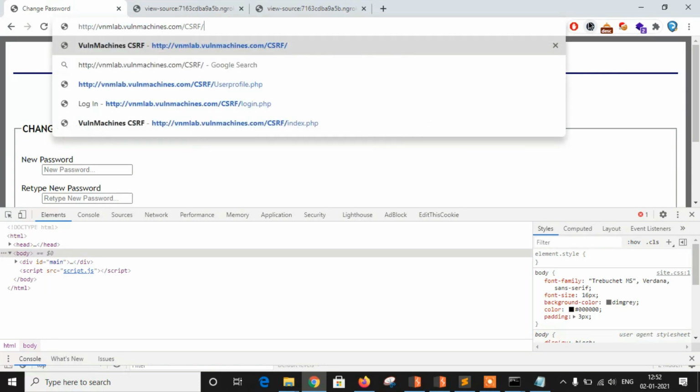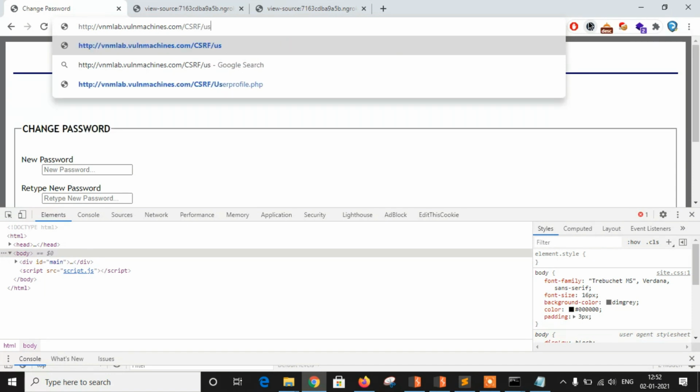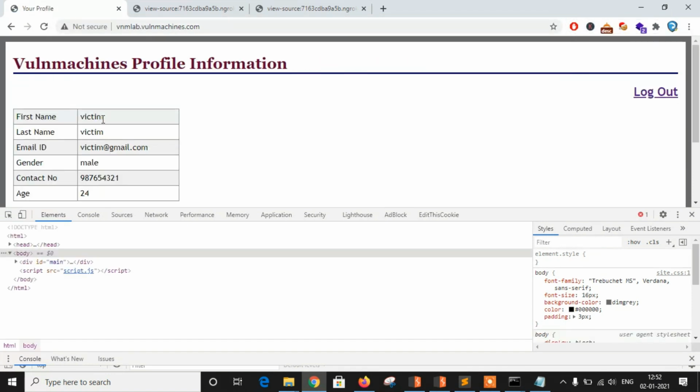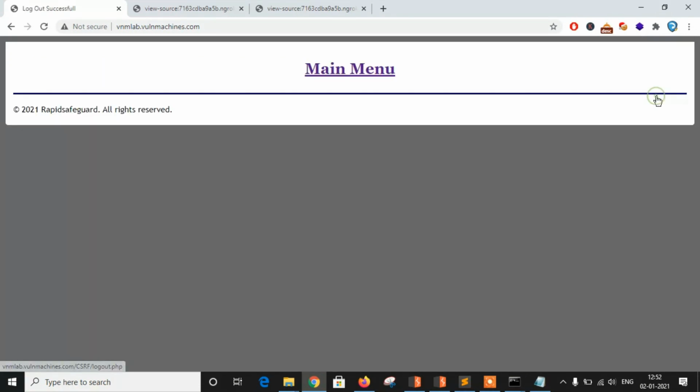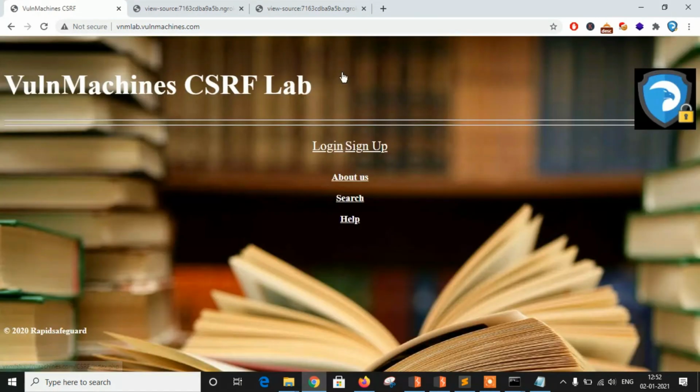User profile, and victim. Now let's log out and check with 1 2 3 4 5 6 whether it is valid or not.